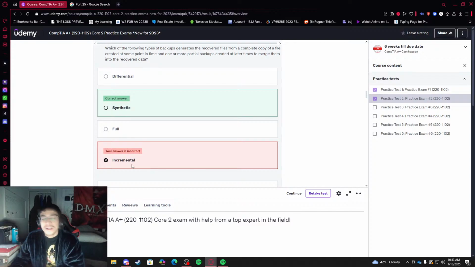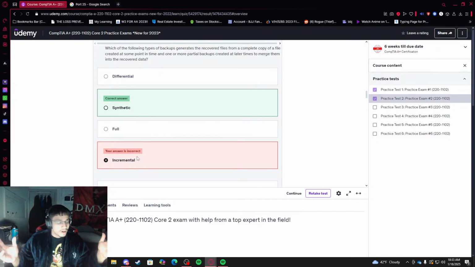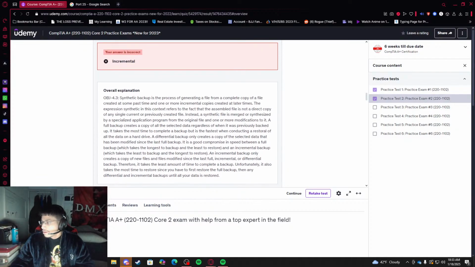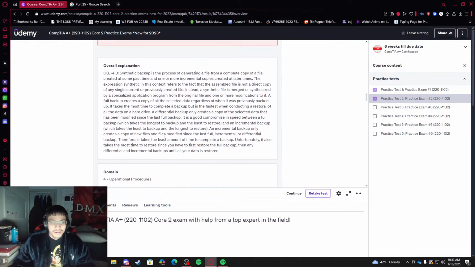Okay, yeah, so incremental backups create backups on everything, right? Basically any little detail you do on either three of these, differential, synthetic, or full. So shortest to backup, longest to restore, incremental. Full backup, longest to backup, quickest to restore. Differential only recovers